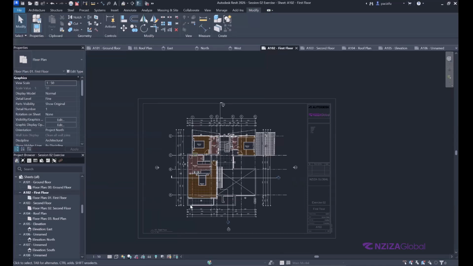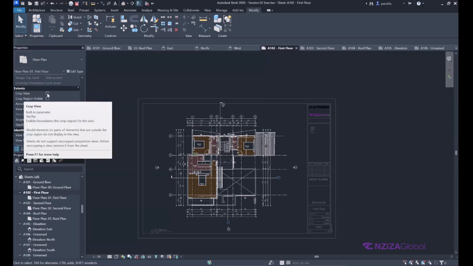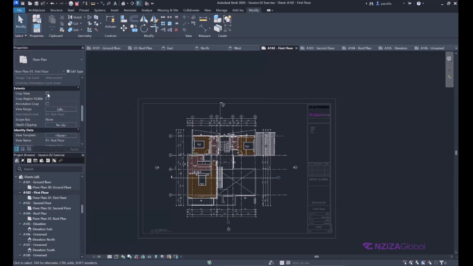When you double click, you can see the limits of your drawing. You will come here in Properties and go down. You will see this Extents panel. There we have Crop View. If we activate this crop view and click Apply,